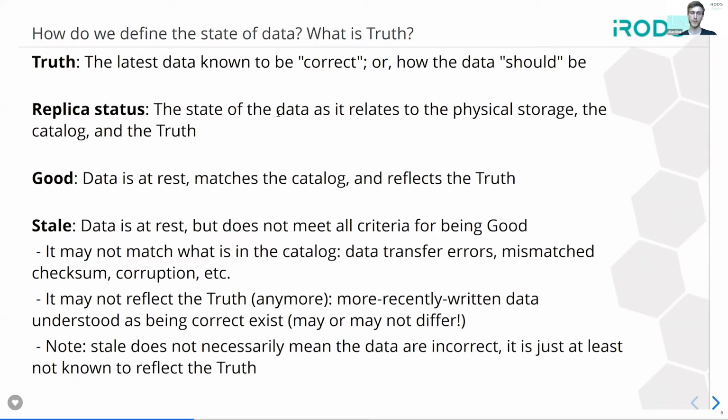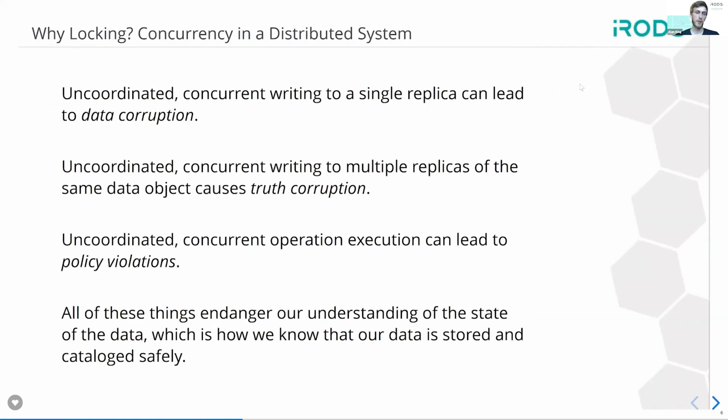because it's more recently written. I wanted to note that this does not mean that stale replicas are necessarily incorrect. It just means that they are no longer the latest reflection of how the data should be. So there's no way, outside of some sort of monitoring service, that we can know that it is reflecting the truth. All right. So there are three problems we identified